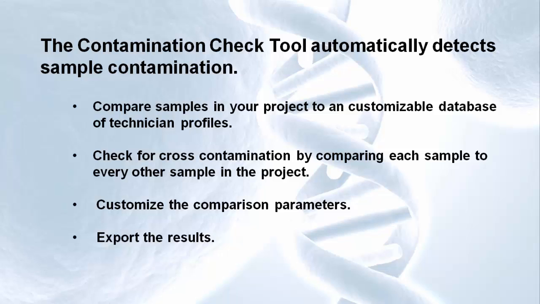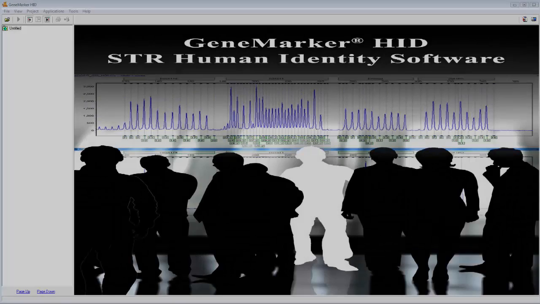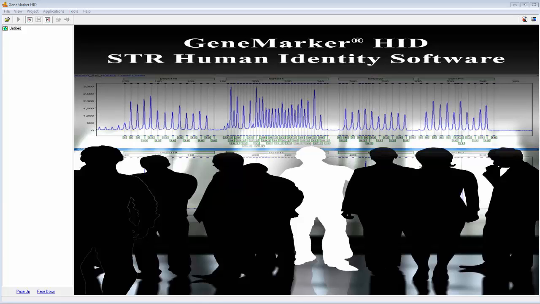The Contamination Check tool will also allow you to compare each sample to each other sample in the project, thereby allowing you to check for cross-contamination. You can also customize the comparison parameters, and finally you can export the results. So now let's just jump right in and look at some examples of how we can use the Contamination Check